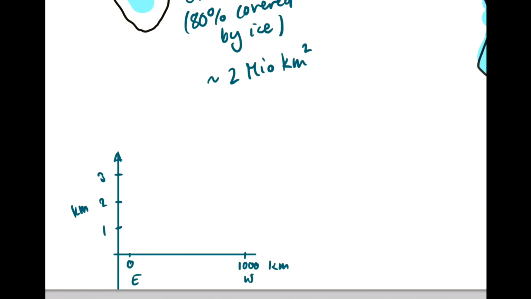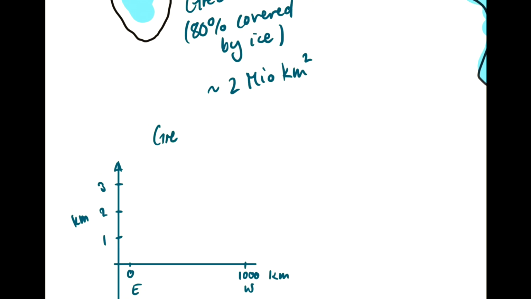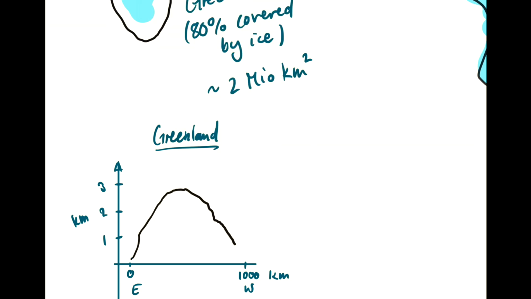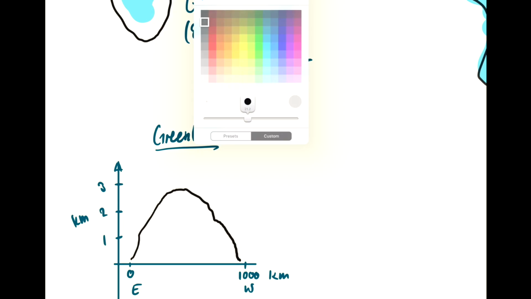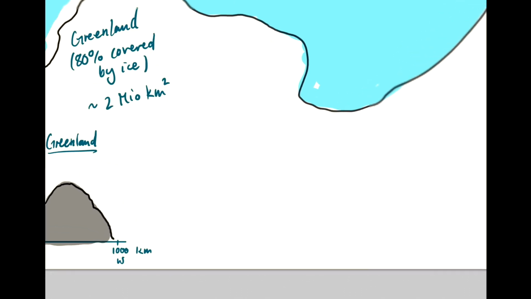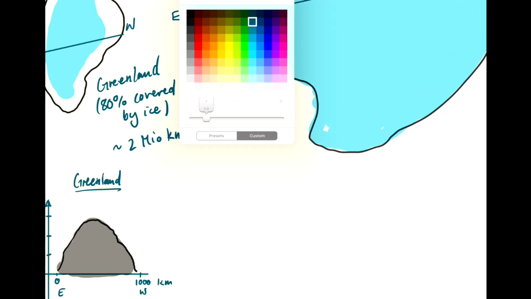And then for Greenland, the profile looks roughly like this. A fairly simple dome-shaped ice sheet that is at its peak at the summit about 3 kilometers thick. Antarctica is of course much larger,